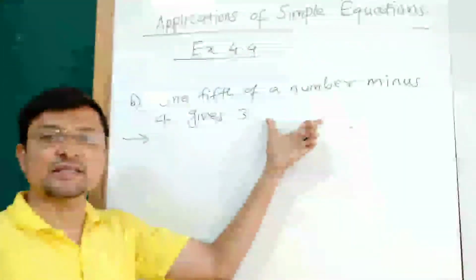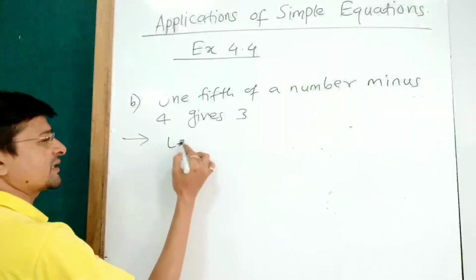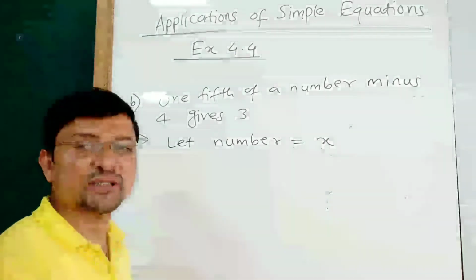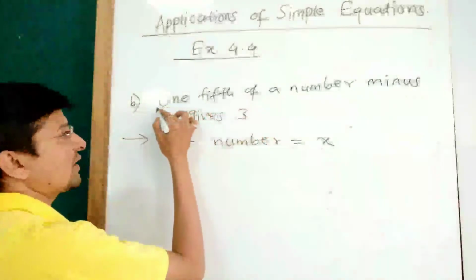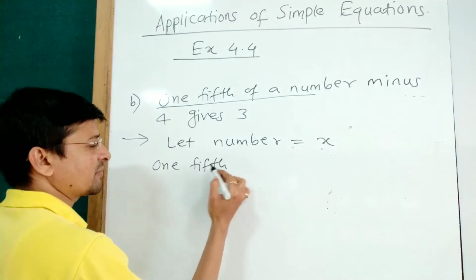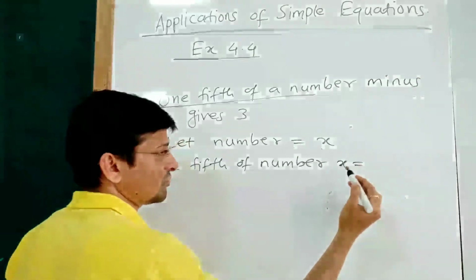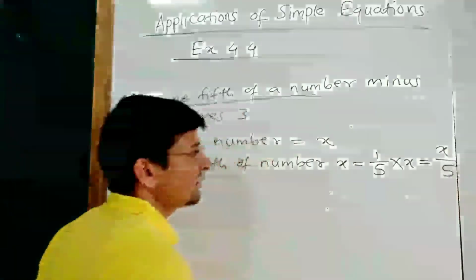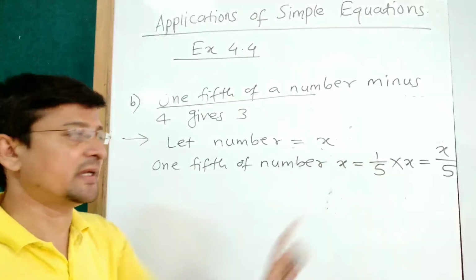Again, the statement is given to you: 1/5 of a number. Okay. So we suppose that number is again x. The number is equal to the x. You may suppose y, z, m, n, etc. Okay. Now 1/5 of a number. So 1/5, it is a fraction, 1/5 of number x is equal to 1/5 multiplied by x. So we get x by 5. Now